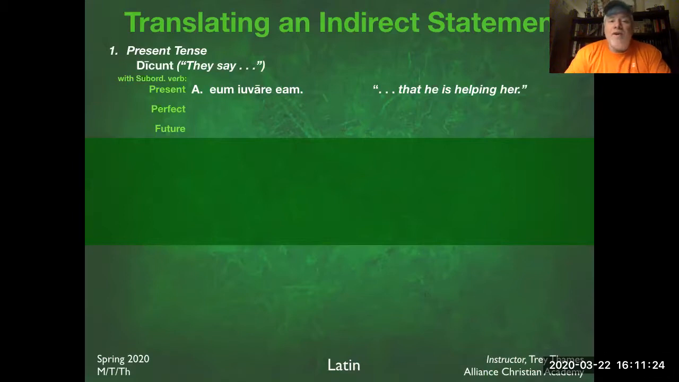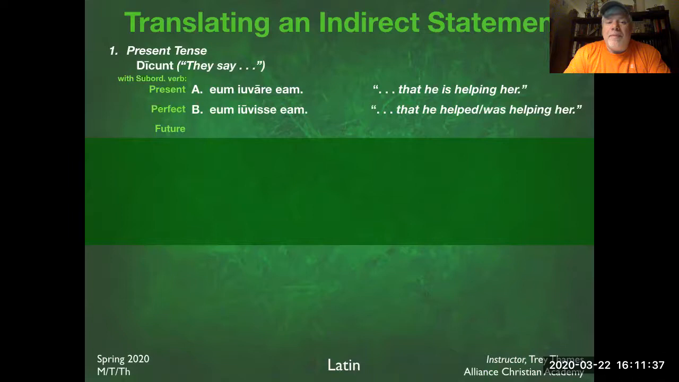Let's look at what happens if we change that subordinate verb, the infinitive, to the perfect tense. Look what it says here. Iuvisse. So notice iuvisse is the perfect infinitive, right? Perfect passive. And it says,